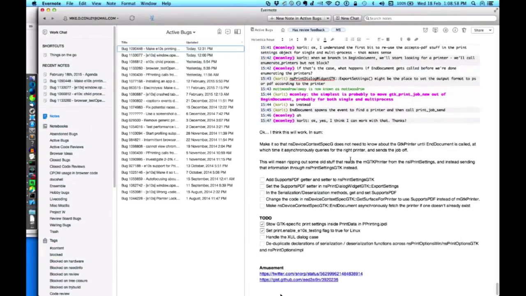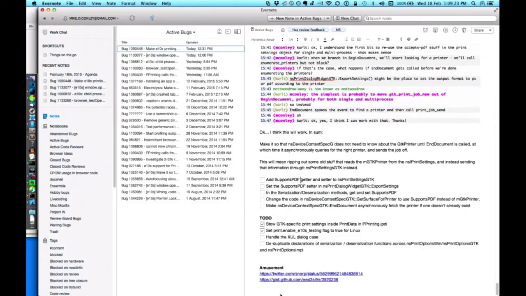Whenever it's serialized and deserialized on the content side, we can just use the information from NSPrintSettingsGTK instead of having to query the printer. And that will actually work in both the multi-process and single process case, which is nice. We don't have to branch there. The only place we're going to have to branch is whenever we either choose to asynchronously fetch the printer or just use the one that we already have.